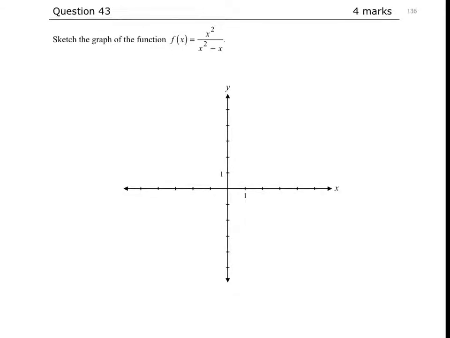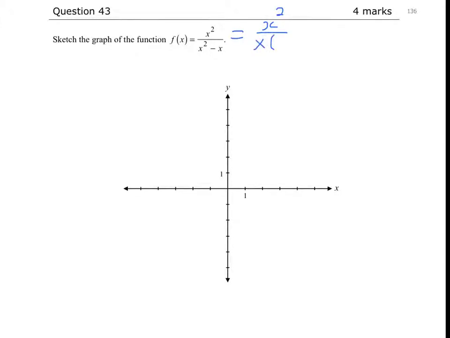Question 43. Sketch the graph of the function f of x equals x squared over x squared minus x. So this is a rational function. The first thing that I'm going to do with this graph is I could see that a common factor can be removed. So if we notice, the bottom can be simplified as